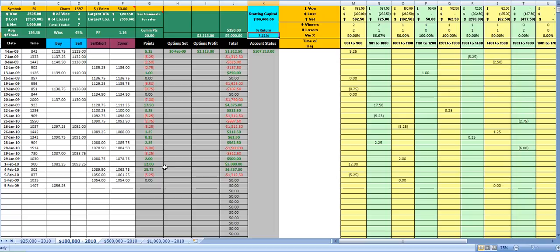Now we'll keep managing this trade as we move along. We may exit out of the options trade at 70 to 80, 90%, but at the moment the futures has done all the damage for the account. It's up at $5,000 and the options is $2,000. So that's where the money has come from for the profit so far, mainly from the futures, which is great. That's part of the system, and that's just a great example today of how it works in periods of a